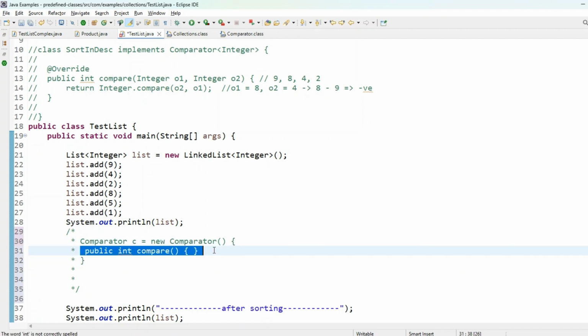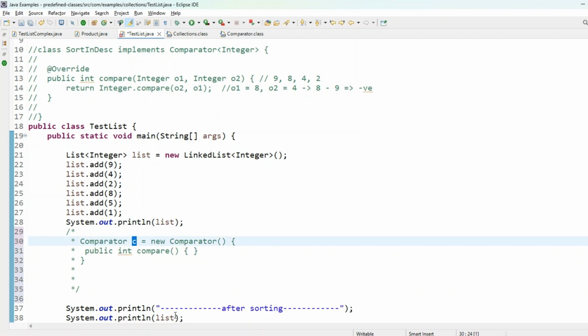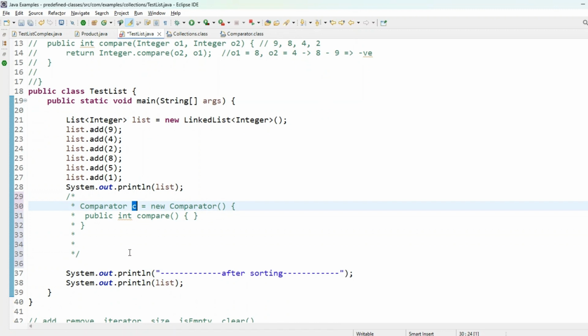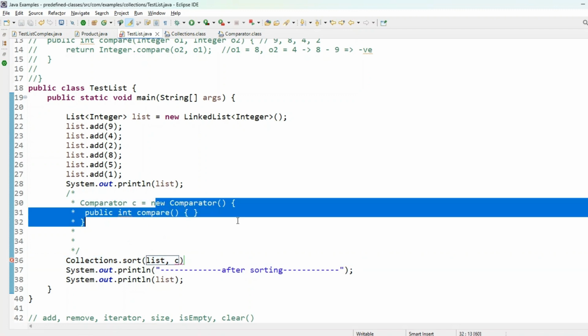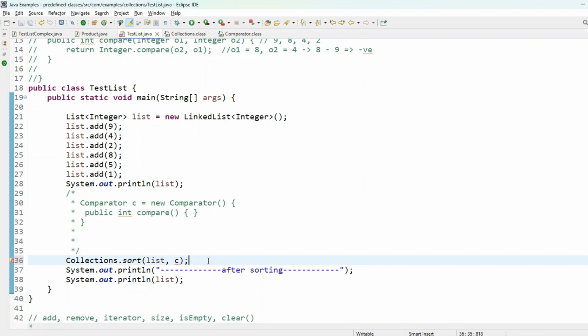Like this, you can implement the compare method, and you can use this reference and pass it to the sort method. Instead of writing Collections.sort and passing the list comma that new object of comparator, I can pass this C, where C is going to be the anonymous implementation of new Comparator,